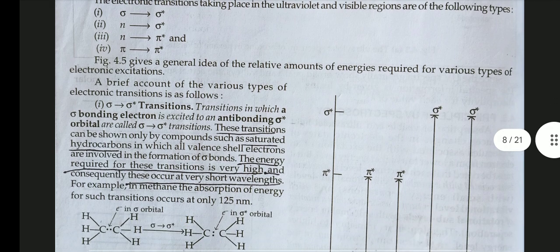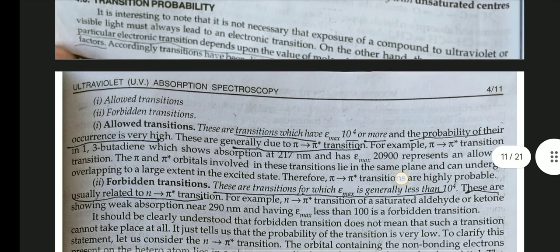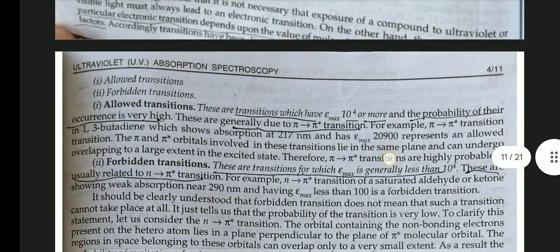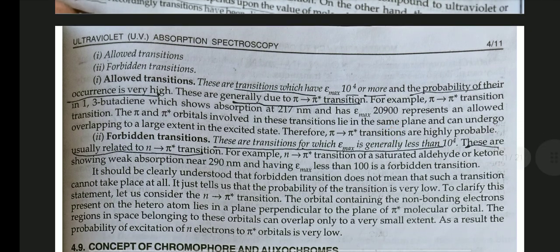Transition probability. It is interesting to note that it is not necessary that exposure of a compound to ultraviolet or visible light must always lead to an electronic transition. Accordingly, transitions have been further divided into two types: allowed transitions and forbidden transitions. Allowed transitions are those which have Emax 10 raised to power 4 or more, and the probability of their